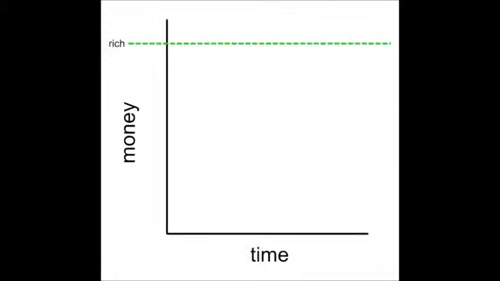In this example of getting rich quick, we can put money on the y-axis, and we can put time on the x-axis at the bottom. And we're going to say at some point on that money axis, someone is going to have enough money that we're going to call them rich. So I'm going to put that green line up there to indicate how much money you have to be called rich. And then we're going to say on the time axis down here, if you want to get rich quick,